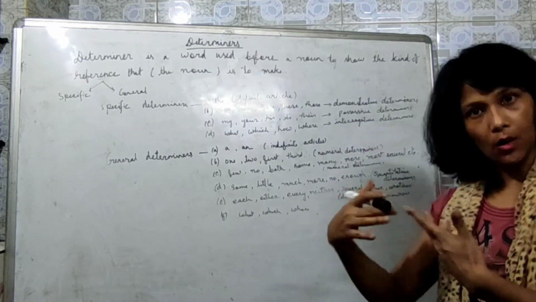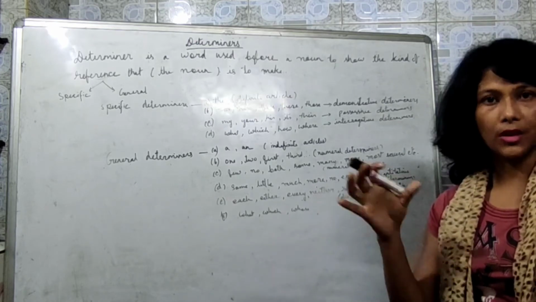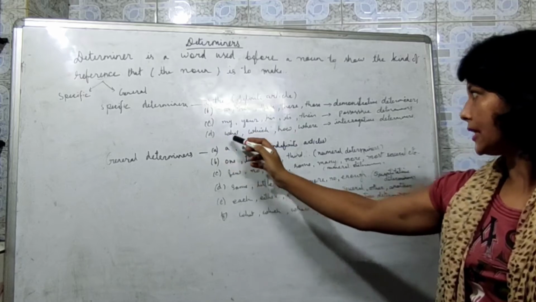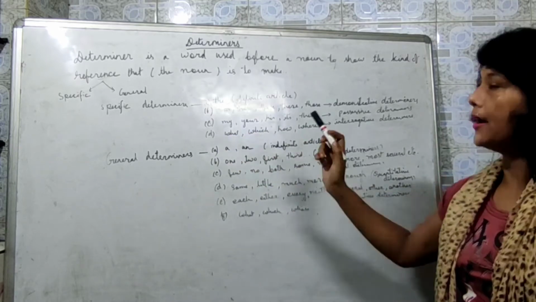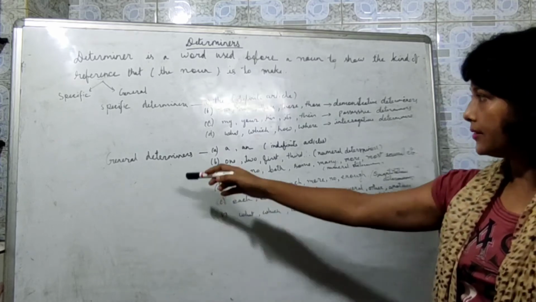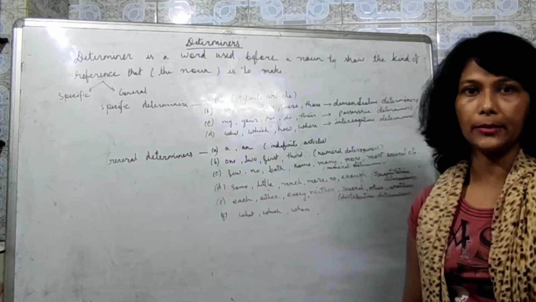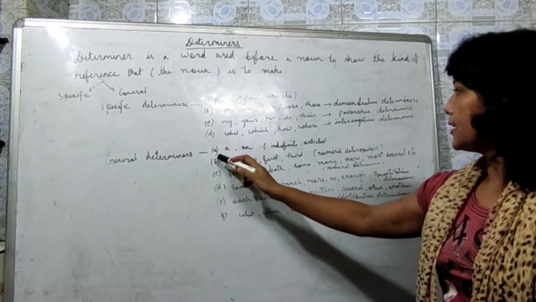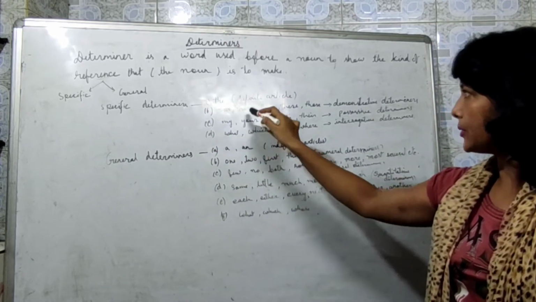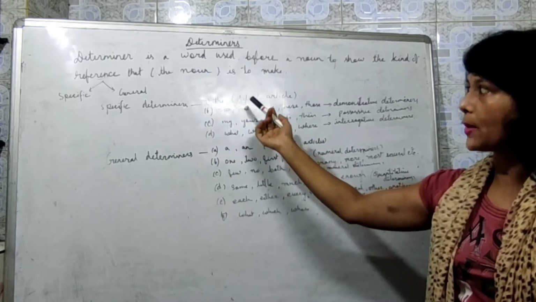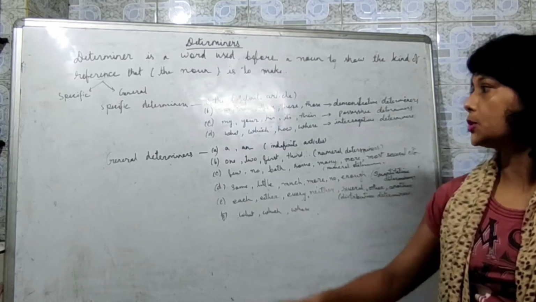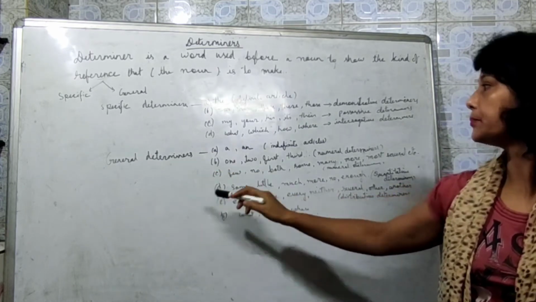It belongs to somebody, that is in the possession of someone, so it is possessive. D: what, which, how, where. These are interrogative determiners. Then let's come to general determiners. This is very important. I think you are more or less familiar with the specific ones. We will come back to the specific determiners in some other class. So today we will do general determiners.